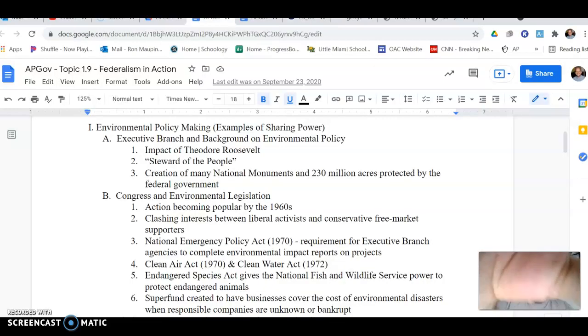And Roosevelt is going to be associated with this idea that the government is to act as the steward of the people. And in his mind, most importantly, that primary steward is the President of the United States leading the